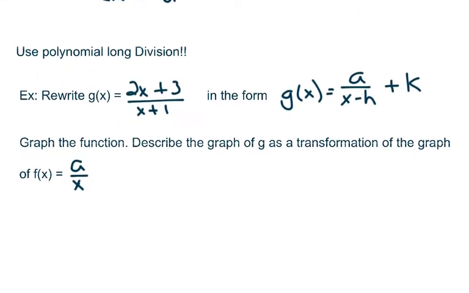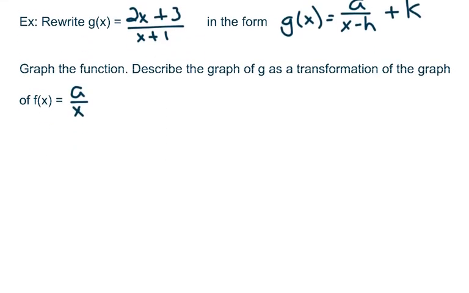So here we go. We're going to rewrite g of x equals 2x plus 3 over x plus 1 in the form a over x minus h plus k. We're going to do that by doing polynomial long division. So think about a fraction. This is the top part, or what we're starting with, and we're dividing it by this. So the bottom part is your divisor. That's what goes on the outside of your division bracket. So I'm going to put x plus 1 on the outside of my bracket,